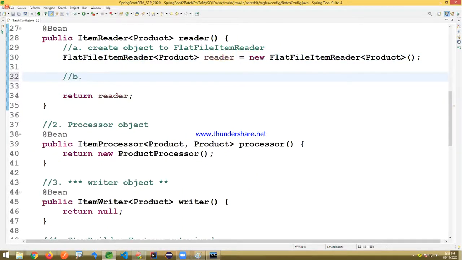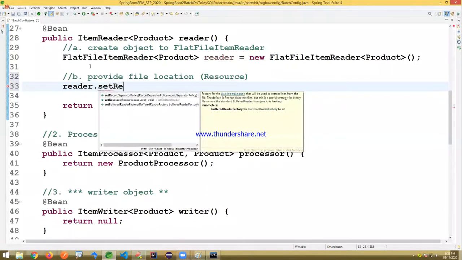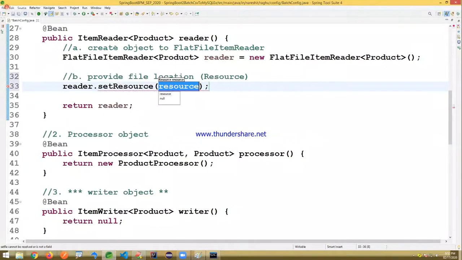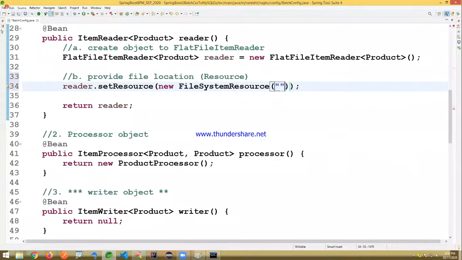B. Okay. Provide. Okay. File location. That is called resource. Okay. There we are writing here. It's a reader dot set resource. I'm just writing here. Observe carefully. It's a set resource. Okay. Resource nothing but actually, if it is there inside one folder, okay, file system resource, just mention something D drive, okay, my files, something like, okay, it's a products dot CSV.